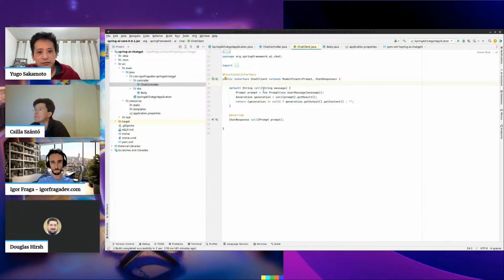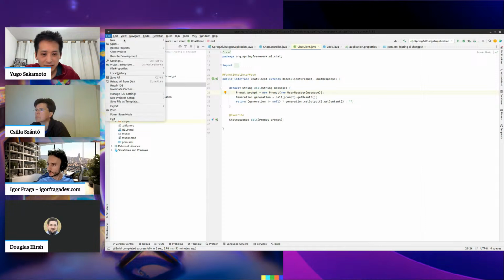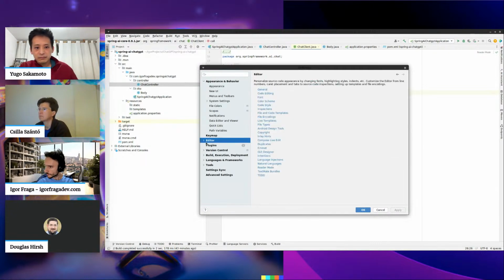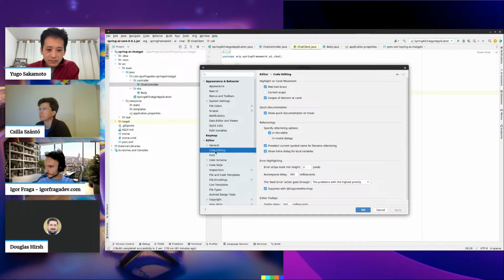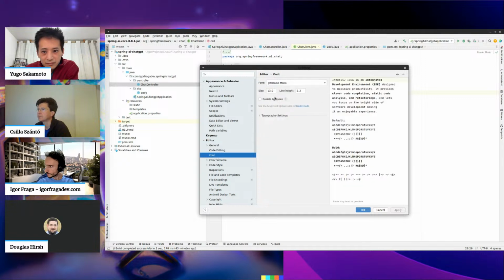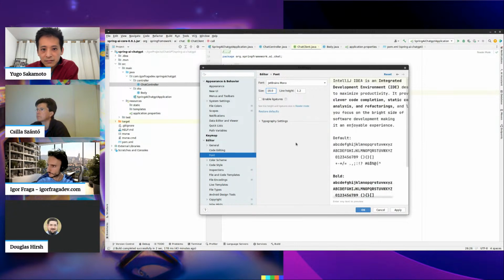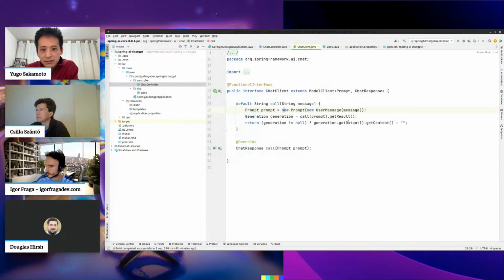I think it's a good idea to increase the font. Oh, okay. Sorry, everyone. Let me see if I can increase it here because this is really small. I think this looks better now.